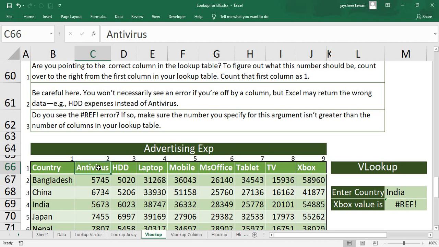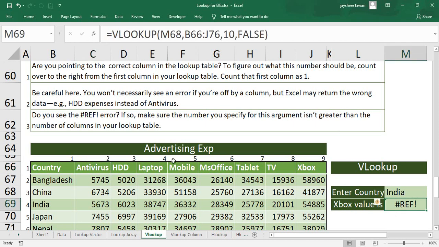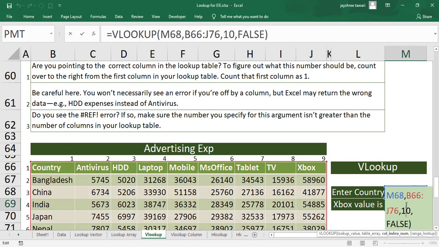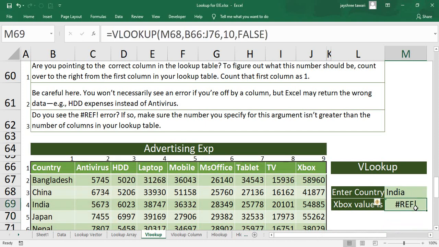Fine. Third thing which can happen over here while writing column number is, you are writing a column number which is out of the table panel. In short, I can say, if I have a total of 9 columns and if I try to write column number 10 over here, it will give me a reference error. So with the name of the error, you will be able to identify what can be the reason of that error. So always remember, in your VLOOKUP function, if you are getting any error, you need to check your inputs. If you are getting a reference error, you need to check your column index number. Fine. So that is about the third parameter.